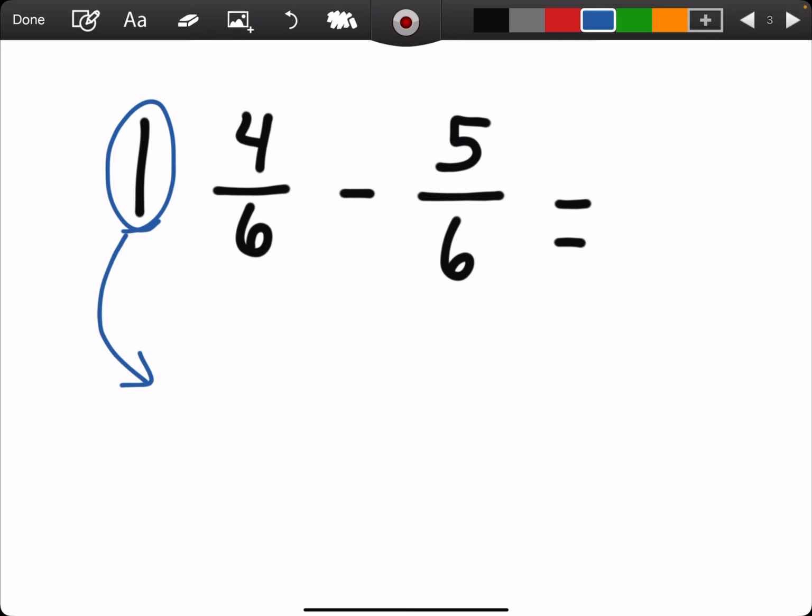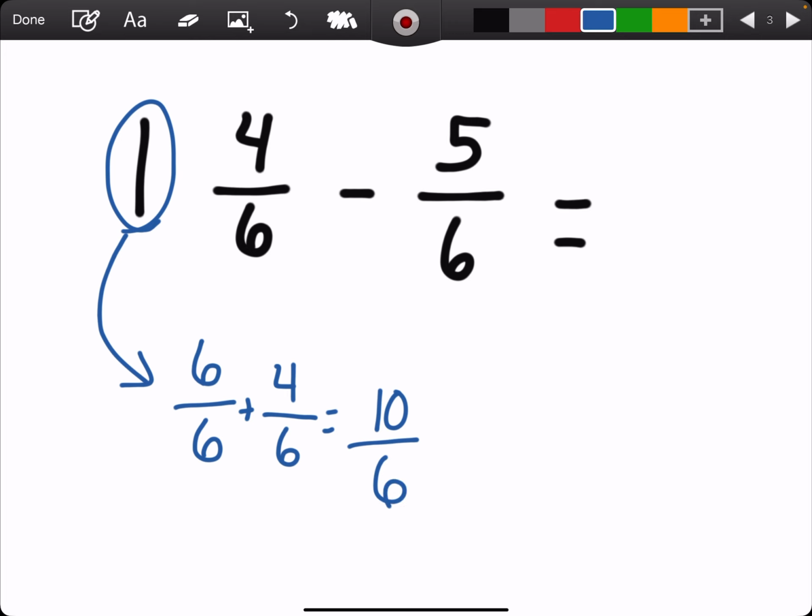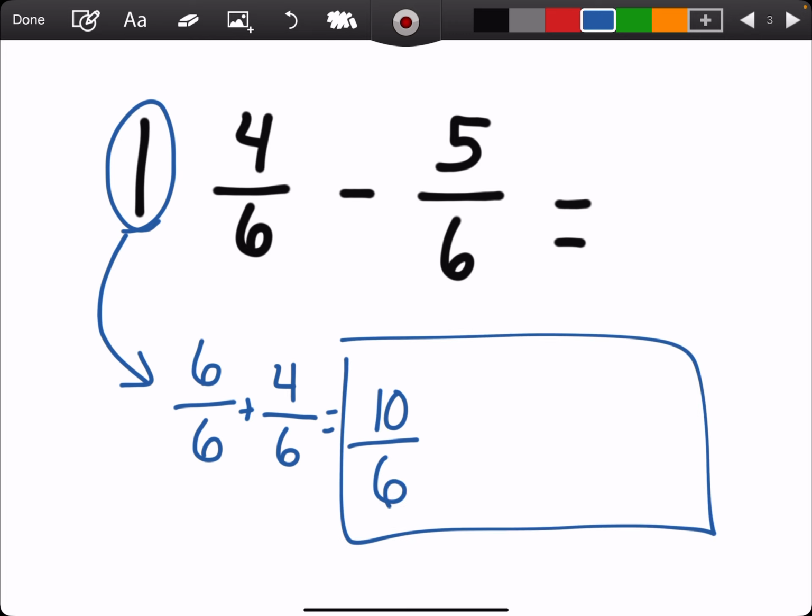I noticed here that my denominators are 6. So I'm going to rename my 1 whole into 6/6. 6/6 has the same exact value as 1 whole. So 6/6, and I had 4/6 with it. So I'm going to add those together. I'm going to combine them. 6/6 and 4/6 gives me 10/6. Now, with 10/6, I can subtract 5/6 from it. What is 10/6 minus 5/6? And that gives you